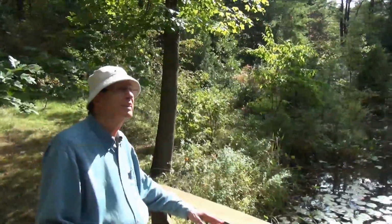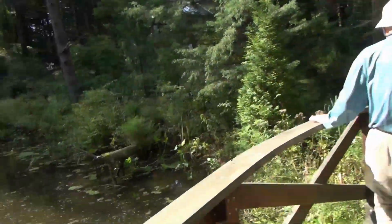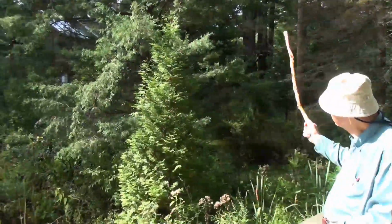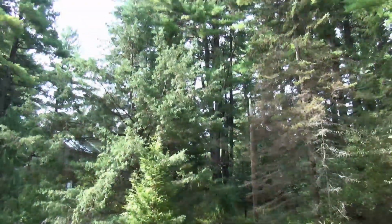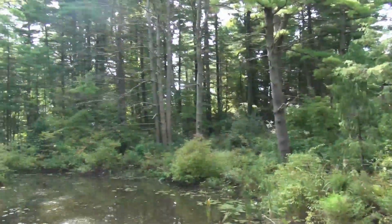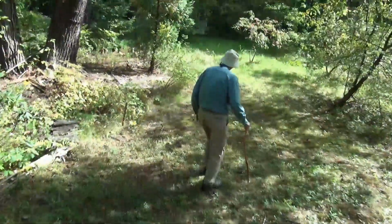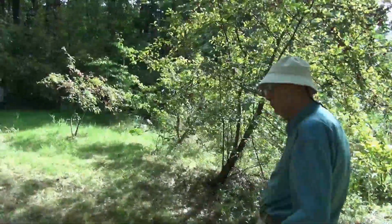You may want to get another look at these three trees from this angle, looking that way. This is a form of arborvitae, Thuja occidentalis, with a slight gold tip. Walk away through this brushy area, so